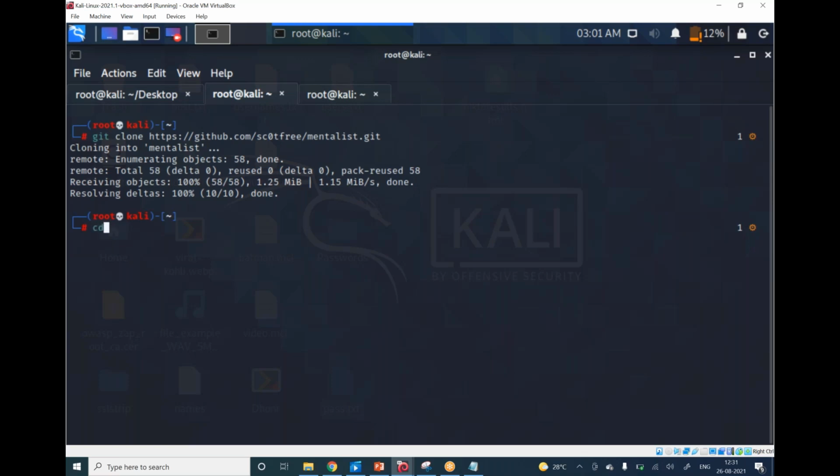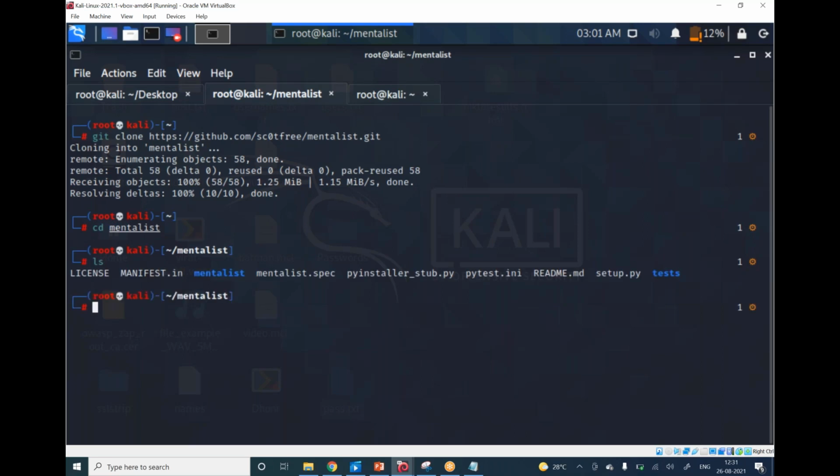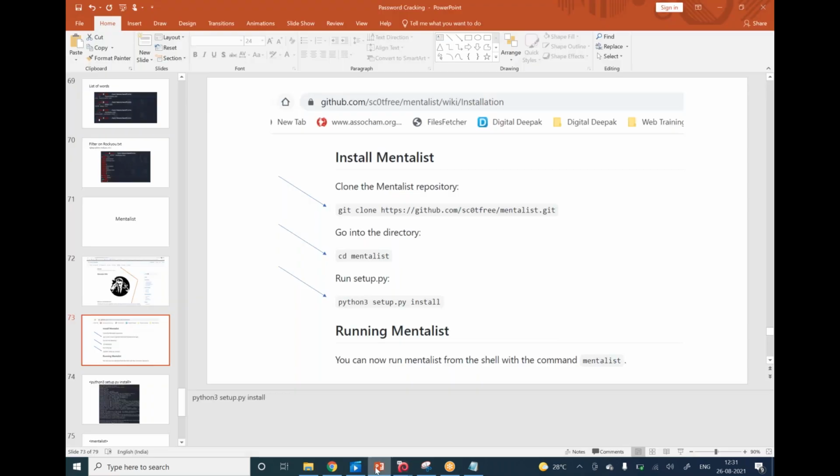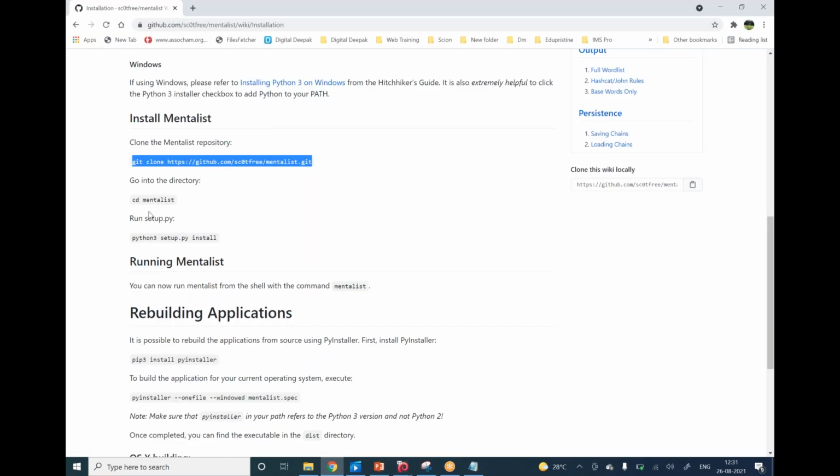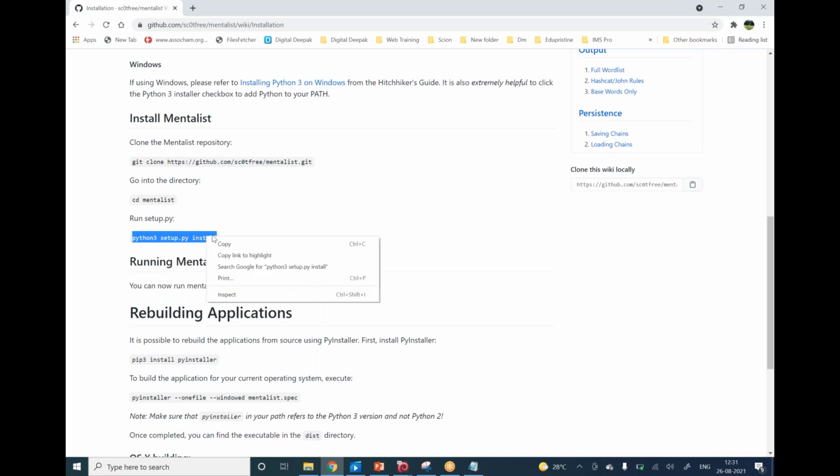Then cd Mentalist, ls, you have it. Now what is the next one? python3 setup.py install. Copy this. Control Shift V, enter.